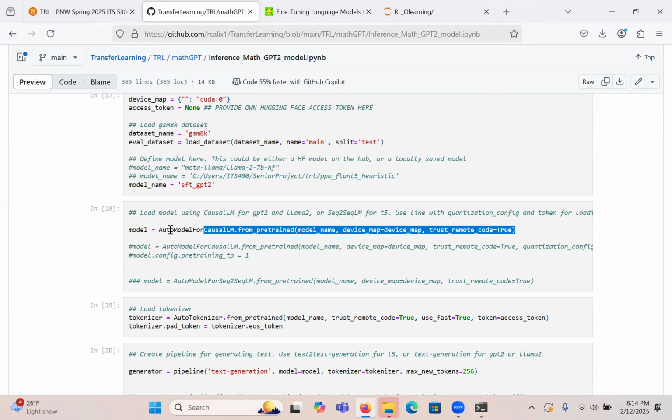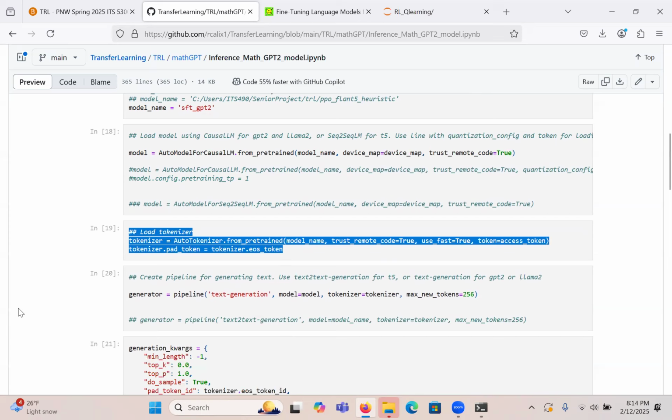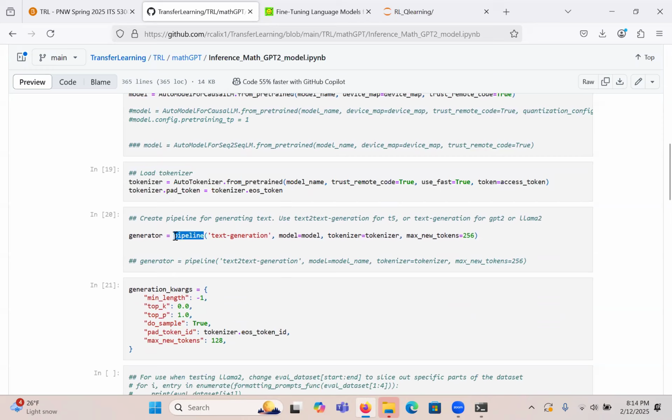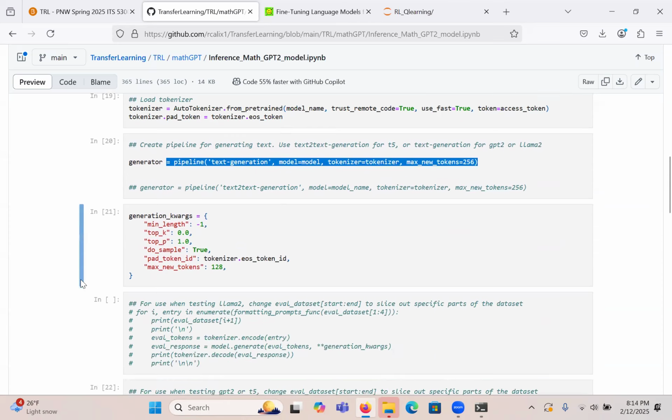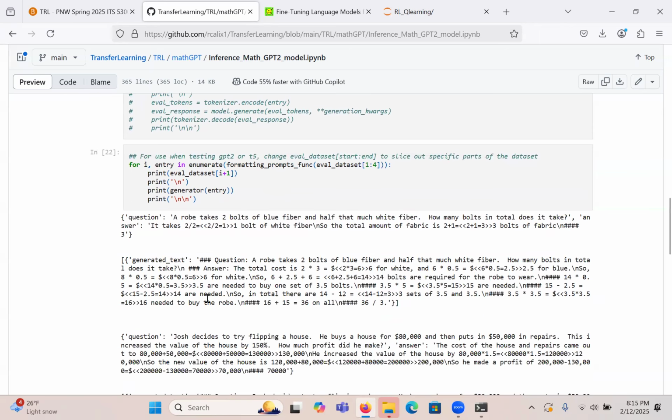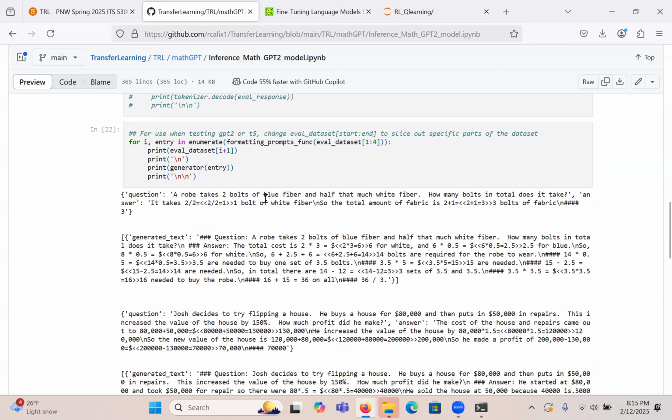So here you load the fine-tuned model. You also load the tokenizer, using, of course, transformers. And then you create this object called a pipeline for text generation. And you give it the model that you just fine-tuned. And once you have a generator, you can start generating text. So essentially, you grab a prompt from the data set, give it to the generator, and the generator will try to solve it. So as you can see, my results are not the greatest, but the idea is